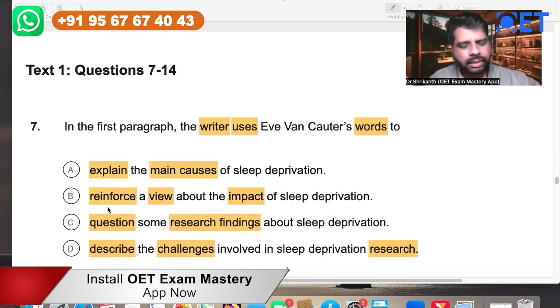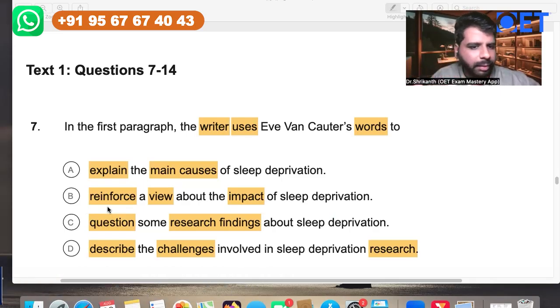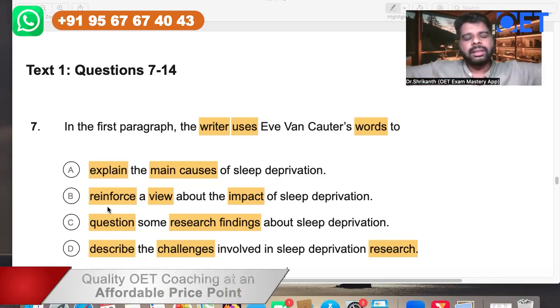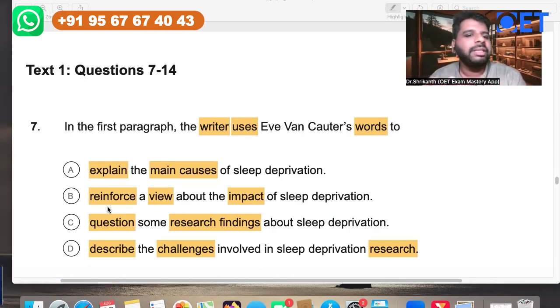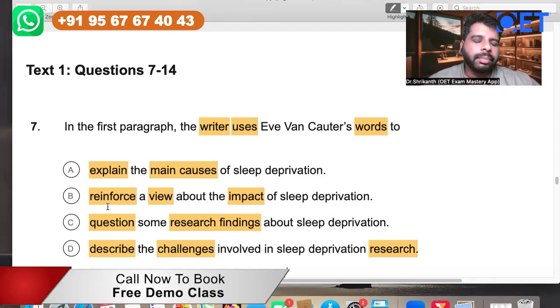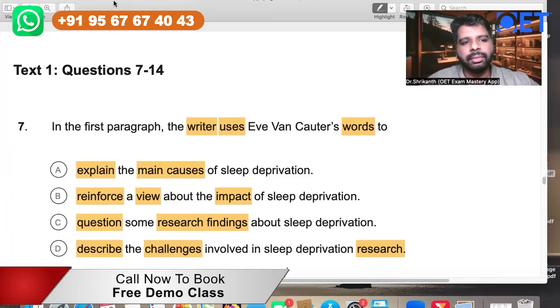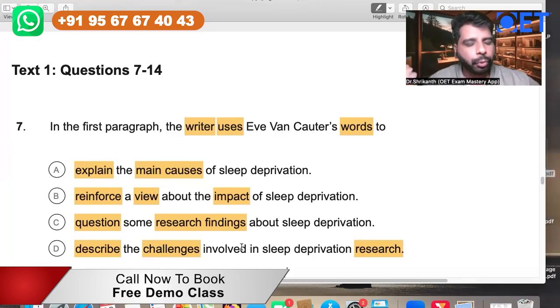Right. So again, when it comes to OET, we have only limited materials. There is no need for you to practice 1,000 materials, just a few handful of materials. But those materials you have to practice thoroughly. That is the only con. So that is something that you have to endure, right? Repetition is a part of the OET preparation process. But the more you repeat, the more knowledge you'll be getting, right?